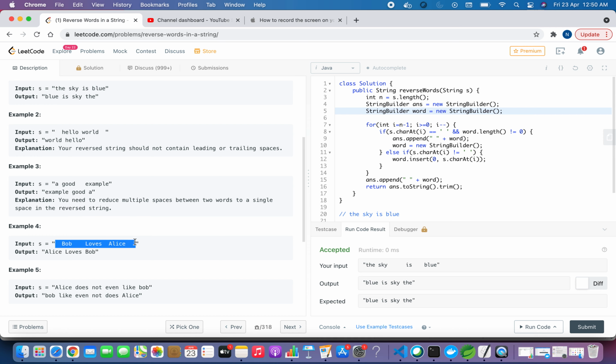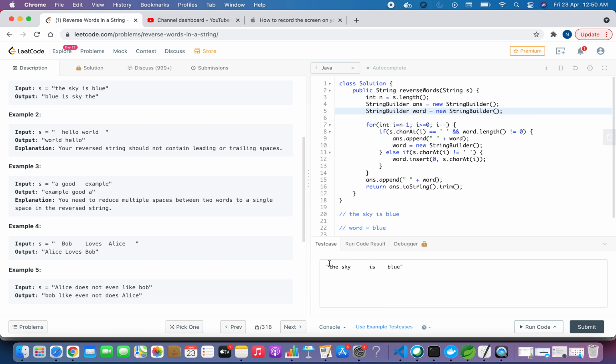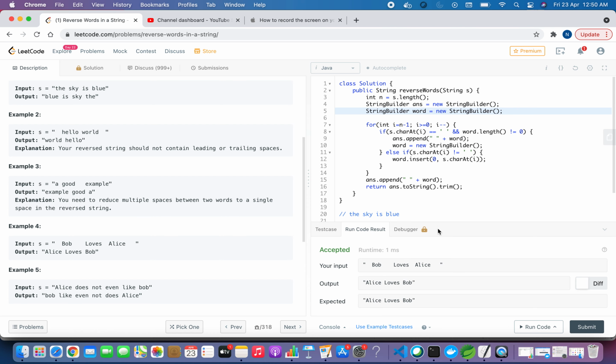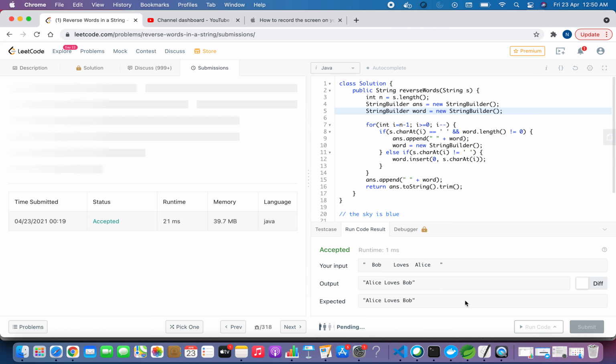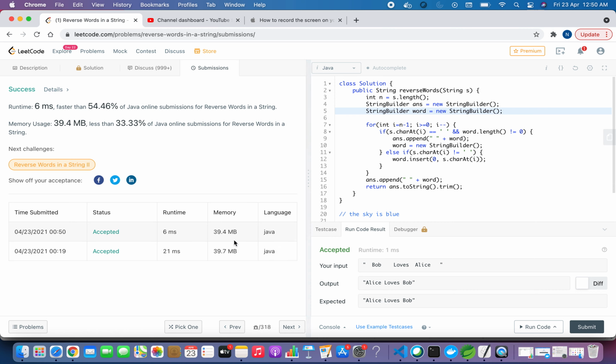Let's try to run this with a leading space: "Sky Bob loves Alice". Okay, it is accepting. Let's try to submit it and see what happens. Yeah, so it works. The solution is not very good, as you can see, but it is working. So how can we improve it?